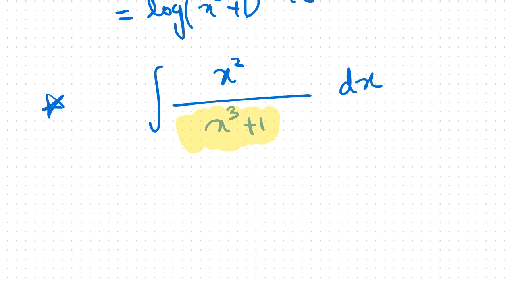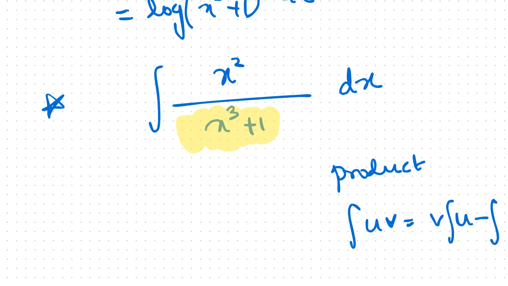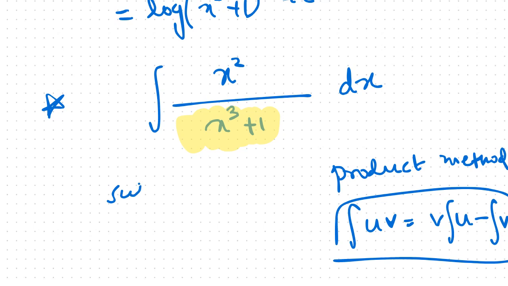So we are trying to do something. One method to solve integration is called the substitution method, which we are discussing right now. Another one is the product method, like u into v means v into integral u minus integral of v dash integral u. So there are certain methods: product method, substitution method, like that. So if you are choosing the substitution method,